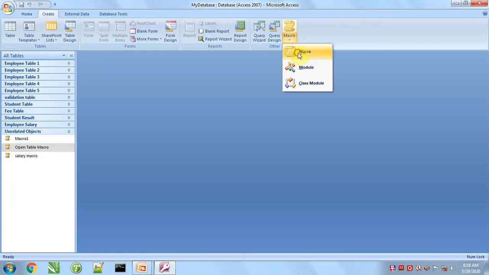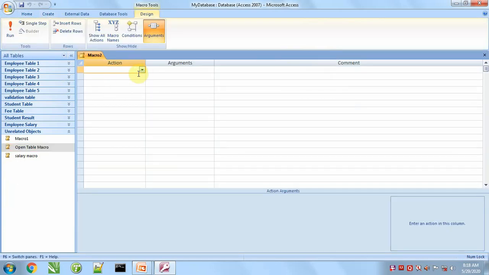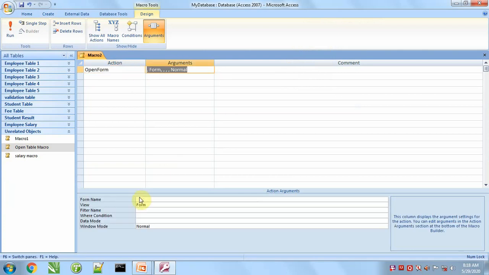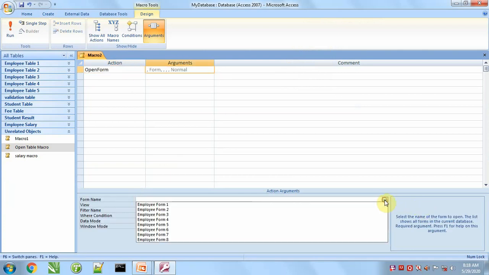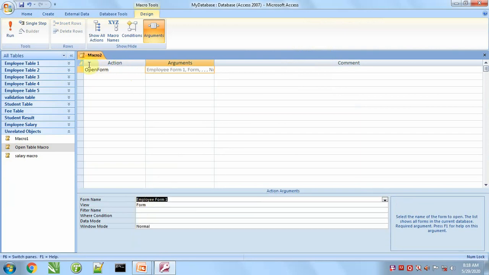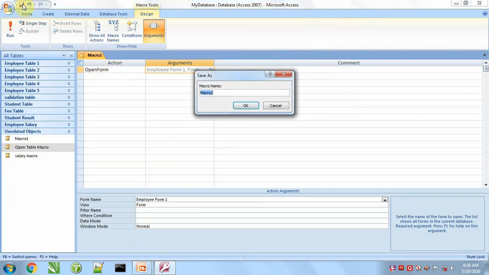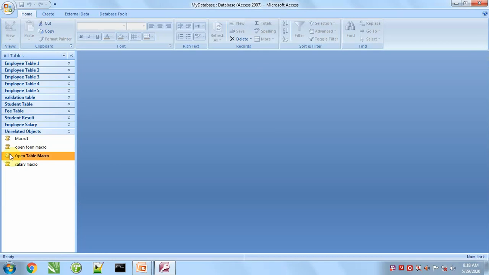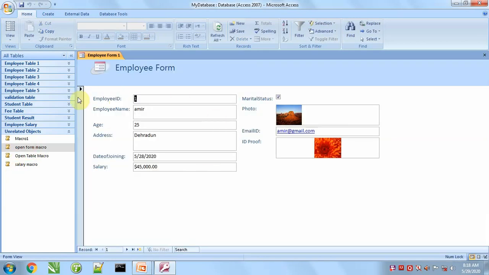Next, open form macro. There are multiple forms, so I am taking employee form 1, named as open form macro. Open form macro will open the form.